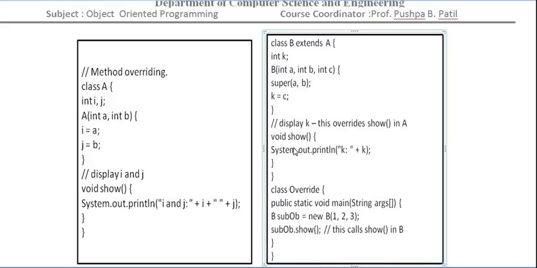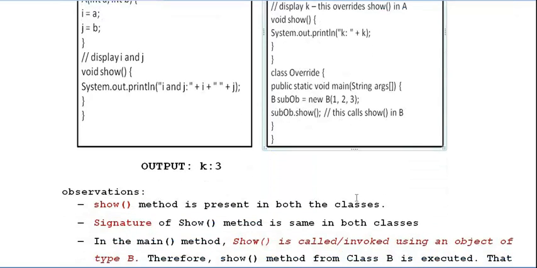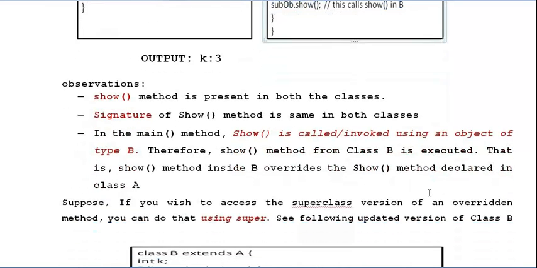So it calls this method. The value of k is going to be displayed by this program, that is 3. The output is 3.